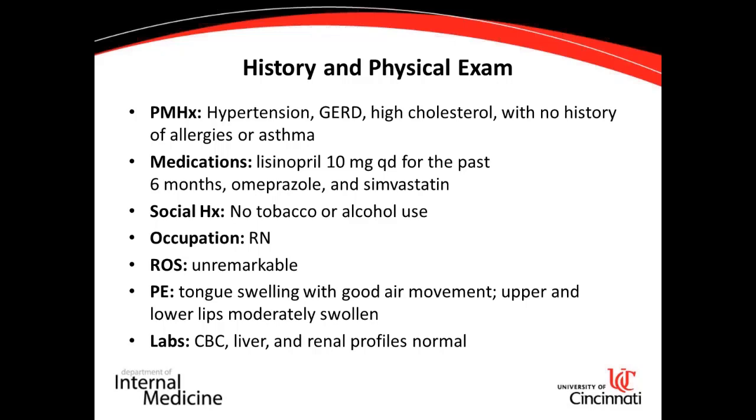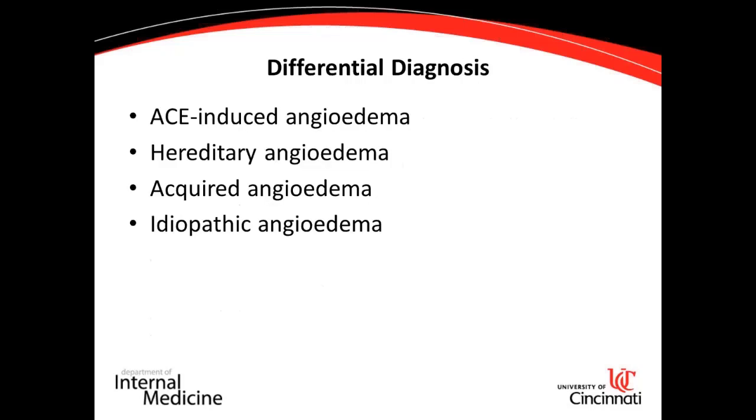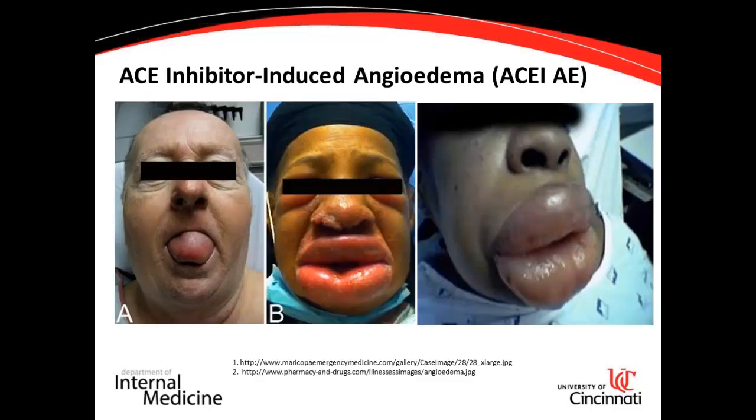On physical exam, she had tongue swelling, but good air movement, and her upper and lower lips were also moderately swollen. Her labs, including a CBC, liver profile, and renal profiles, were all normal. So the differential diagnosis for this woman is ACE-induced angioedema. One could also consider hereditary or acquired angioedema or idiopathic angioedema. However, given her age, her history, and the age of onset, it's most likely